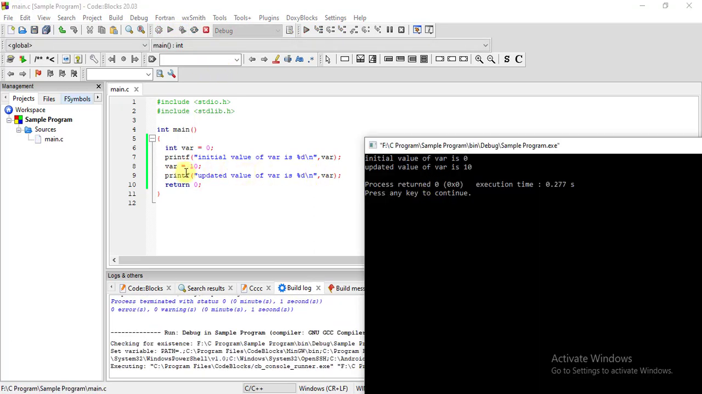So here, before updating var value to 10, var value is 0, which is the initial value. But after that, when we try to print var value, it is 10. That means 0 is overwritten by 10. So after this statement onwards, value of var is 10. So like this, we can vary value of any variable multiple times, but at a time it can hold only